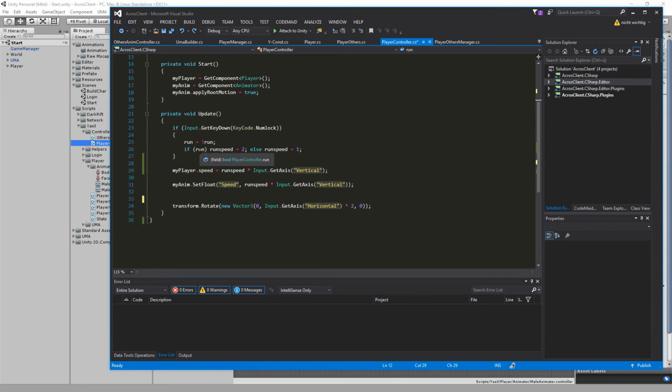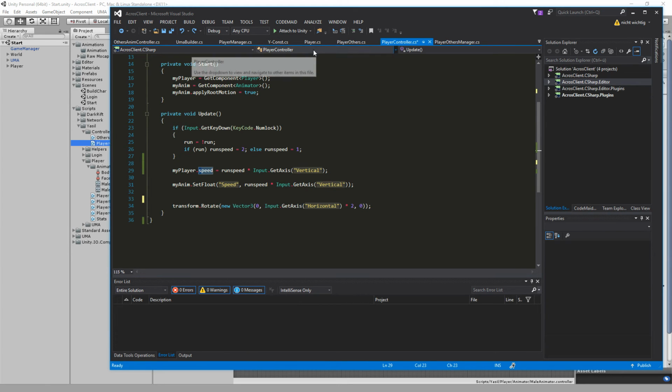So if it's true, then we set the run speed to 2, else the run speed is equal to 1. So next is myPlayer.speed. We set that equal to run speed multiplied with the input axis vertical. This value speed,